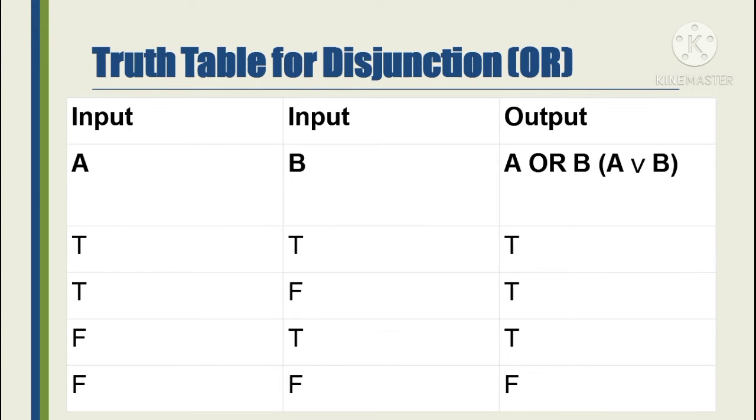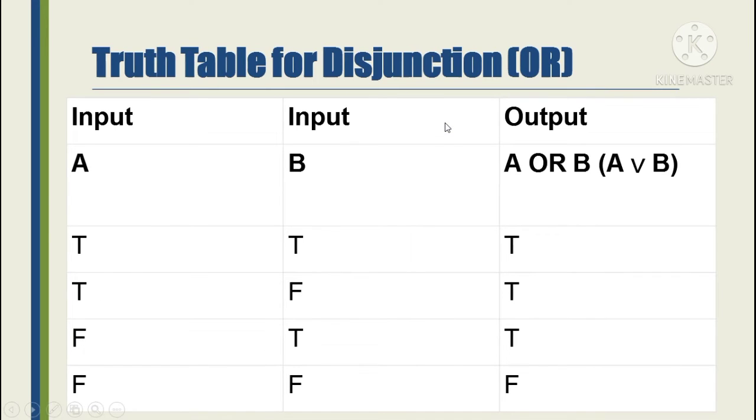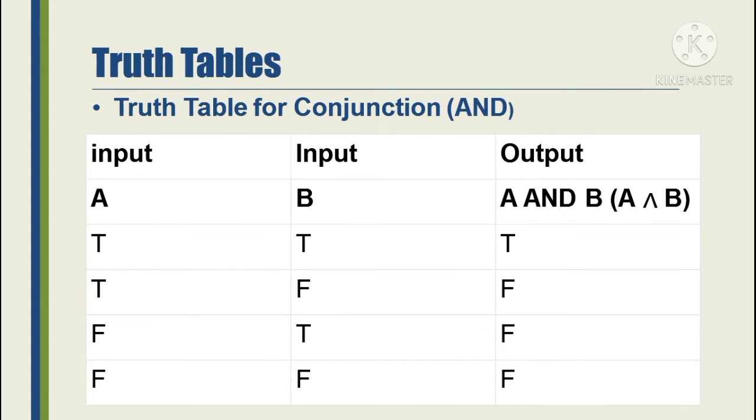So, truth table for disjunction. So, kung yung conjunction natin class is yun yung and natin, ito namang truth table for disjunction, ito yung or, ha? Tandaan lagi. So, kapag may input, let's say that the input natin, two variables, A and B. So, A or B, we could just write this as A or B. So, kapag input A is true, input B is true, then the output is true. So, kapag naman dito, kapag true yung ating input A and false naman yung input B, siya ay magiging true. Pero, doon sa kabila, kung makikita nyo class,